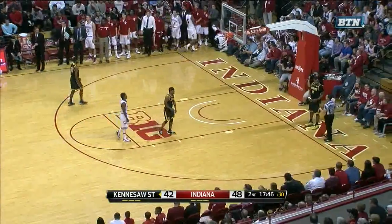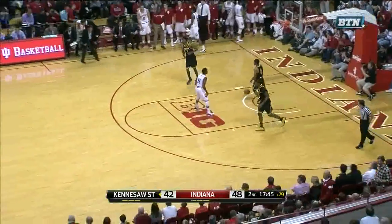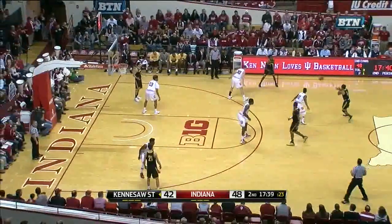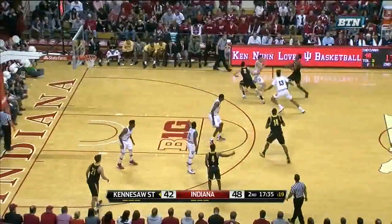6-point game. You look at the last possession that Kennesaw State scored on. It's a ball screen that 2 guys went with the ball, and it's a wide open pop opportunity with a jumper. So miscommunication, but also the effort's got to be there. If you scramble, play with your hair on fire, this team with this much talent is going to have a